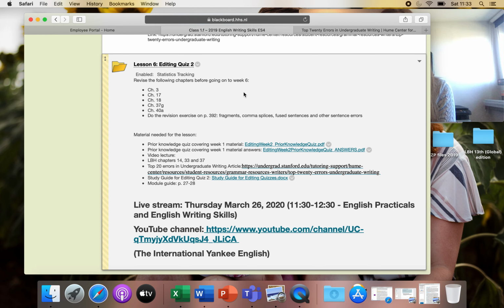What you should do today, or before you start for this week, is revise the chapters you previously read. That would be chapter 3 in the Little Brown Handbook, chapter 17, chapter 18, chapter 37 with a focus on G, and 40A. And then you were also asked to do a revision exercise on page 392 that covers fragments, comma splices, fused sentences, and other sentence errors. So we will start in a few minutes looking at that exercise, and I will show you the sample answer